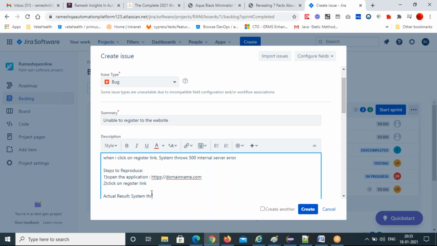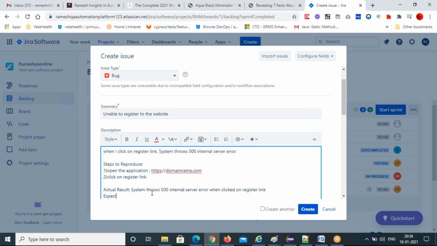System throws 500 internal server error when clicked on the registration link. That's it. And expected result. Expected result is: registration page should display.